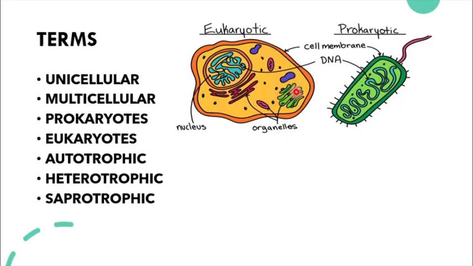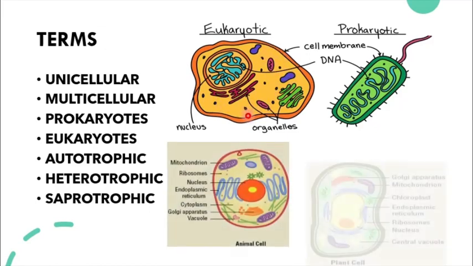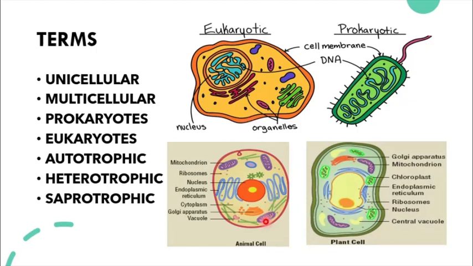Here we have an animal cell and a plant cell. Now the main difference between an animal and a plant cell we'll be studying in another chapter. But here, in the animal cell we do not have a cell wall, but in the plant cell you can see a cell wall is present. So children, these were a few terms in this chapter. You need to remember these terms.